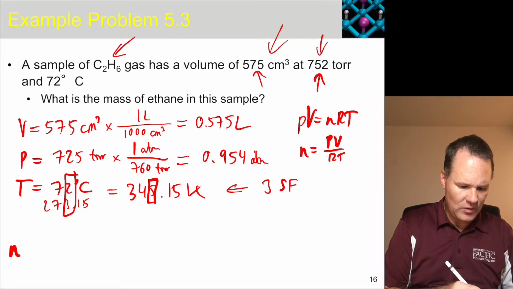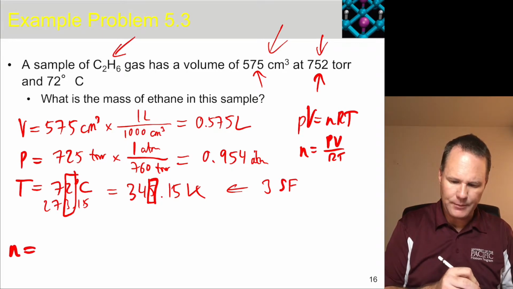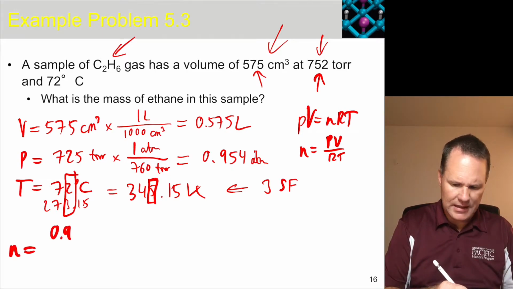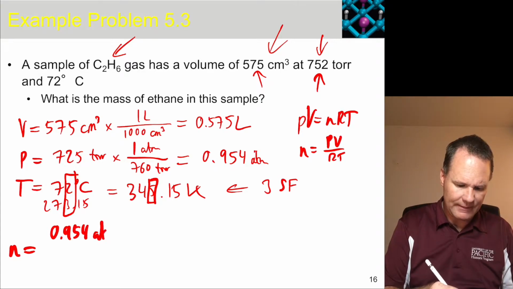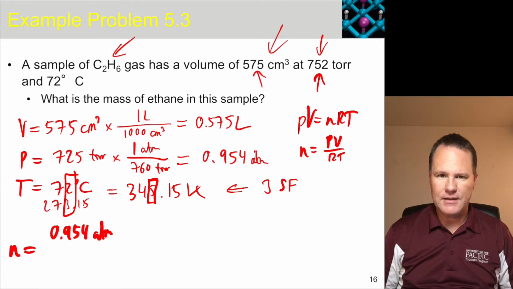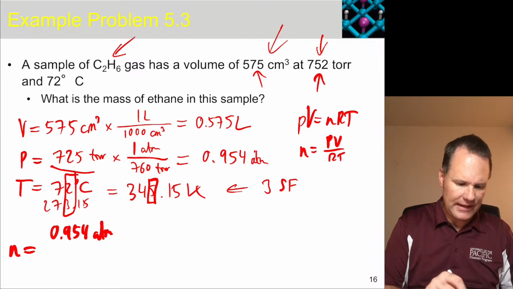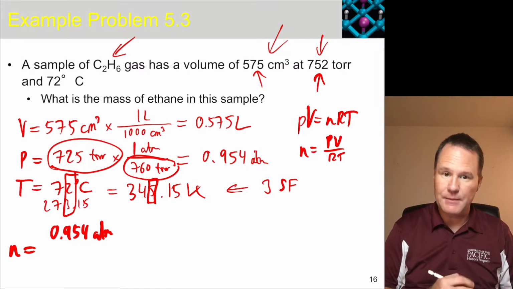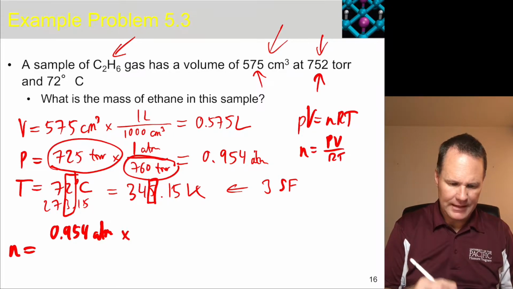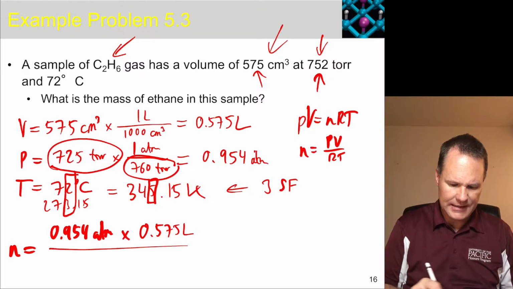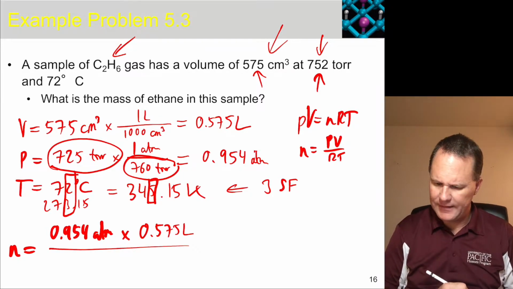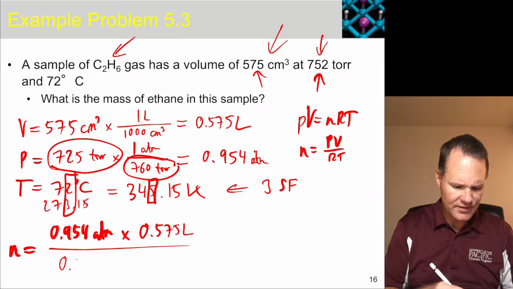The number of moles is going to be the pressure, which is 0.954 atmospheres. But don't forget, don't round it, okay? We need all the digits, so I will put it in the calculator as 725 divided by 760, okay? And then I multiply it with the volume of 575 liters, and then I divide it by R, which is 0.08206